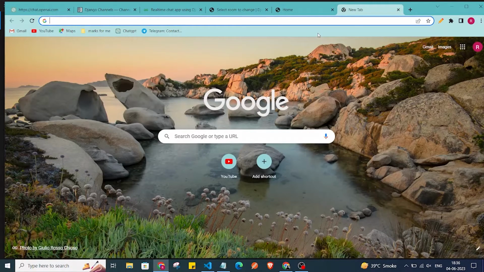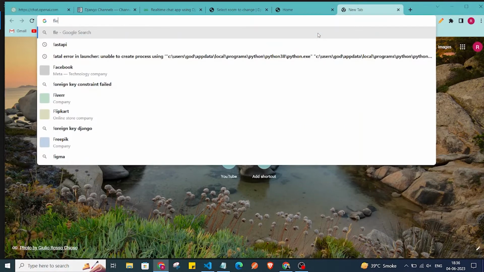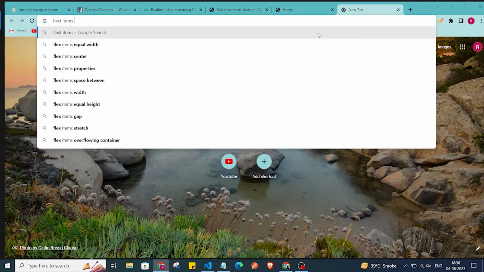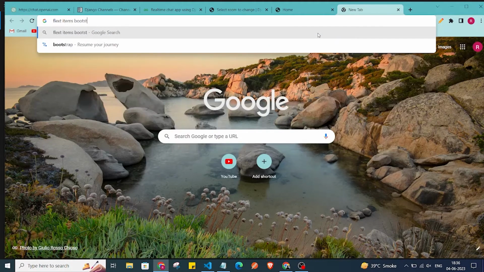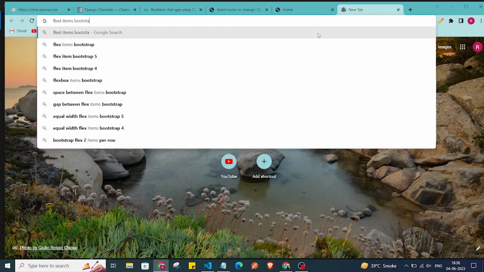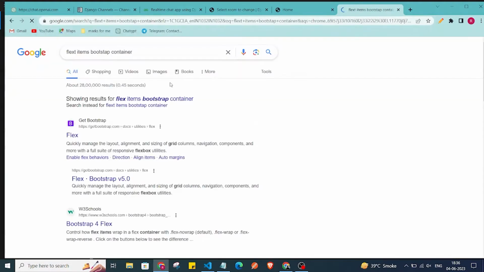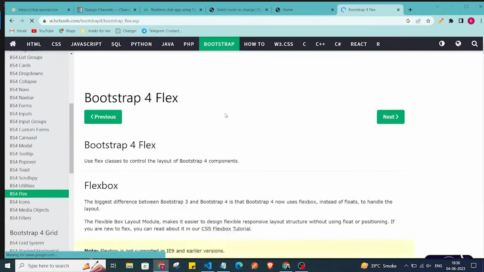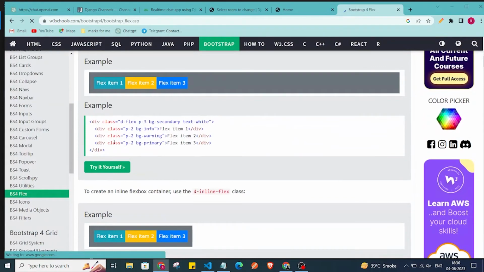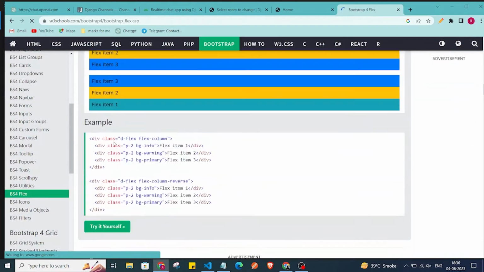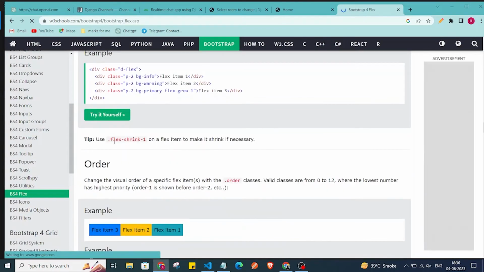So let's say flex items Bootstrap, Bootstrap container. We can grab some flex containers from here. So let's say this is looking fine, or what we want is